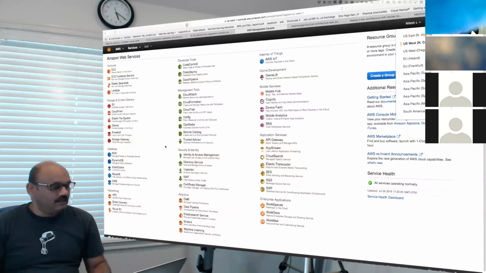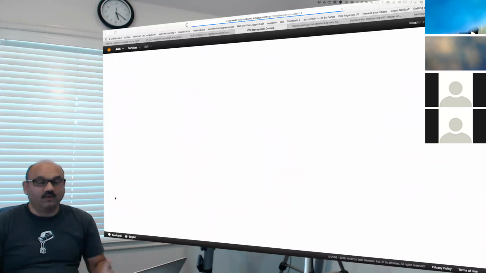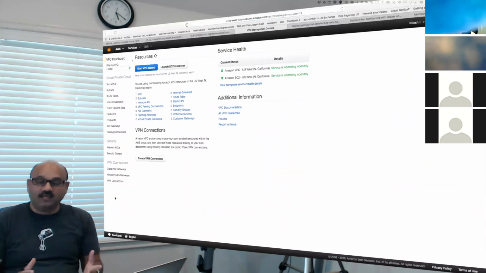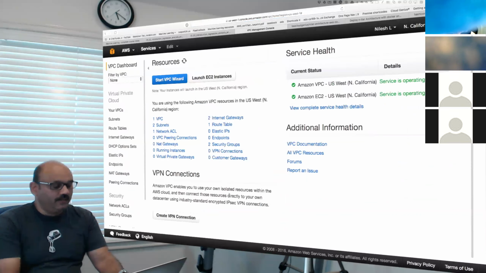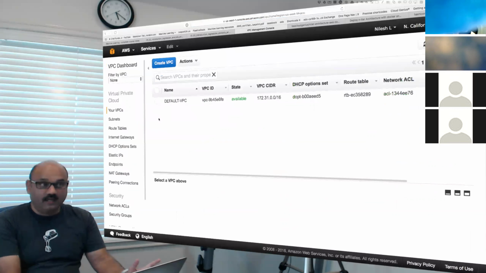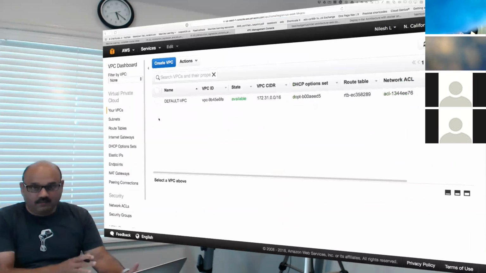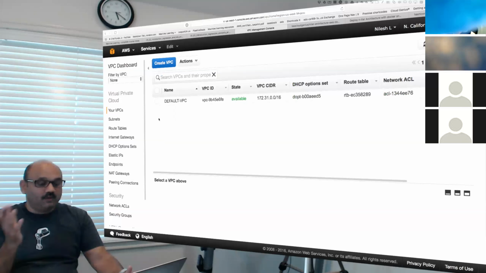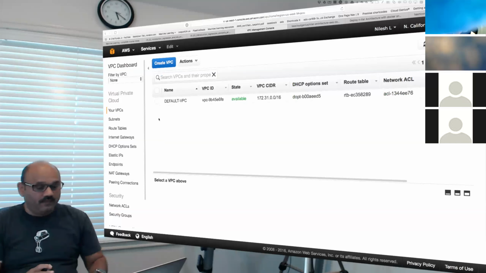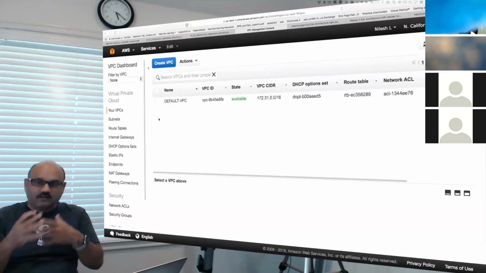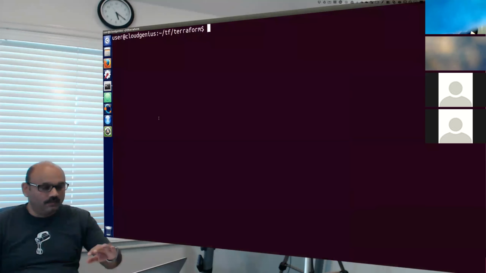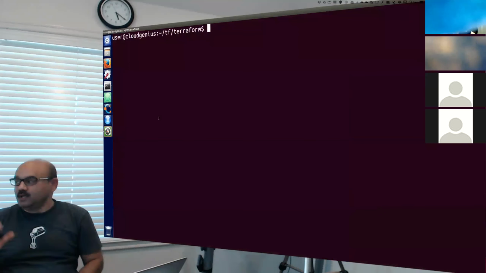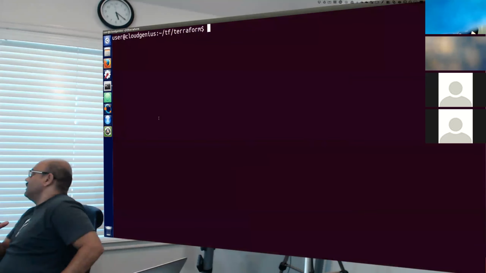Let us then go to our VPC section. You will find that I have only one VPC, which is the default VPC. That VPC, as you see here, is the only one I have, and I will leave it alone, not using it. So we'll create a completely new VPC, but through automation. That's what you will see now. In addition to that, we'll also start some machines inside our infrastructure, our architectural layout.